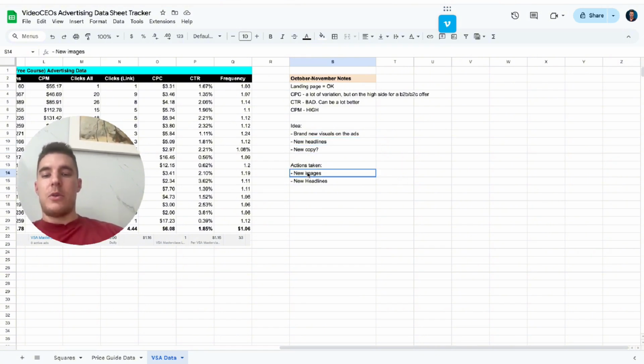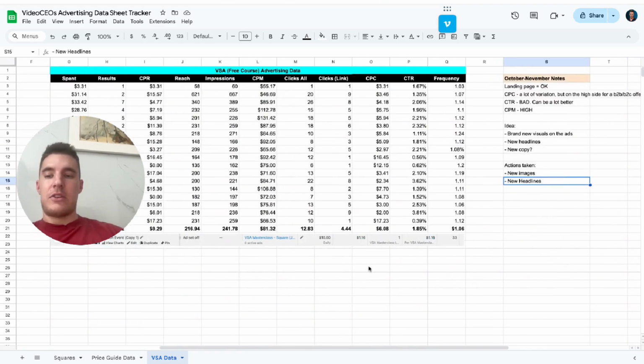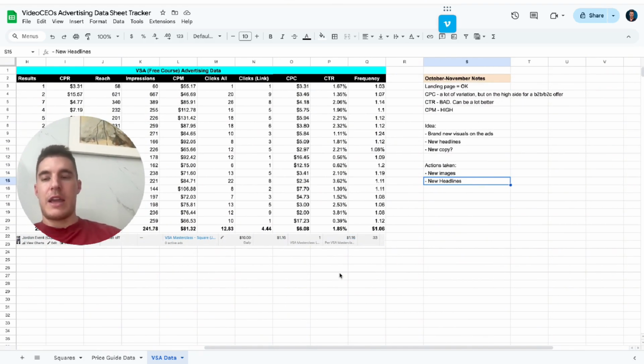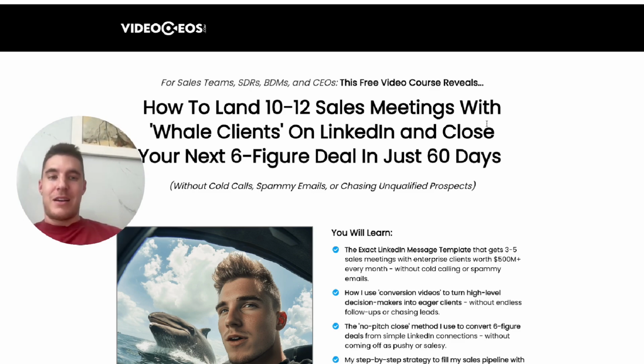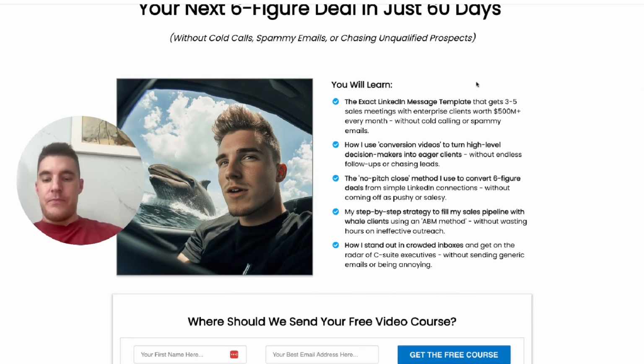Okay, so the actions I took were just to change the images and the headlines for now, because it's just a lot easier to change the headlines and the images first to try and get attention. And then if I still find that there's problems, I'll then change the copy, and I'll do that separately and slowly because the ads all have different copy and things like that. So the way I see it is that if we just change the ads, which I have already done, and like I said, I can't show you into the Facebook Business Manager because it's going to ruin Loom for some reason. But the way I see it is that if I just change the visuals on the images themselves,